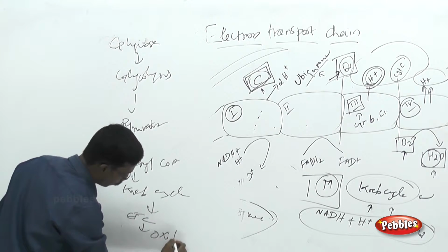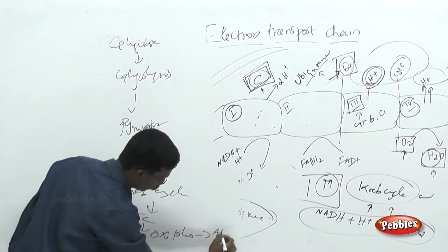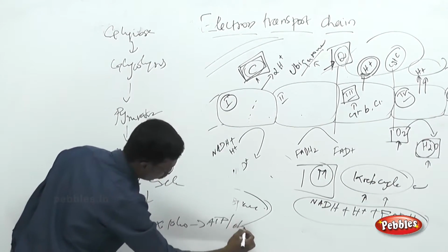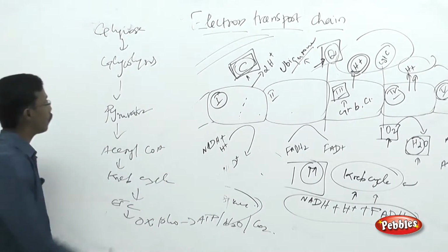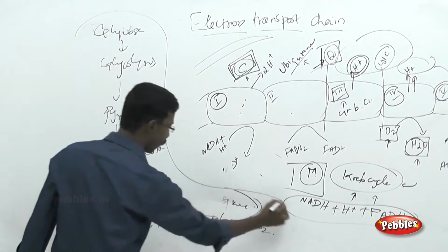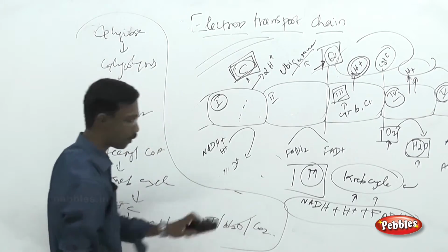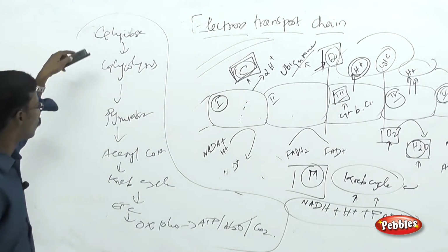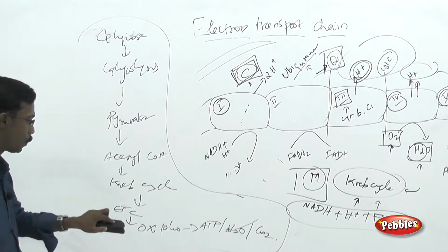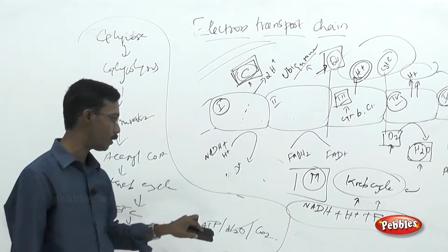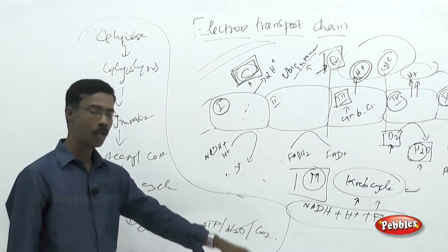Then oxidative phosphorylation, synthesis of ATP molecules along with water and carbon dioxide. This is the overall reaction we have seen till now in respiration: from glucose, glycolysis, pyruvate, acetyl CoA, Krebs cycle, electron transport chain, oxidative phosphorylation, ATP synthesis, and liberation of carbon dioxide